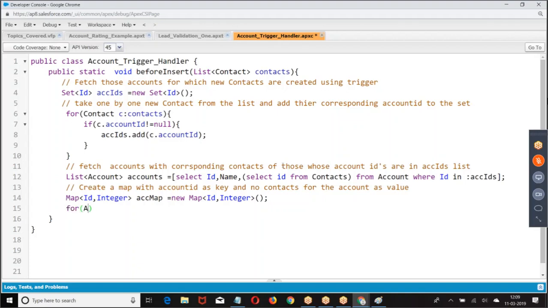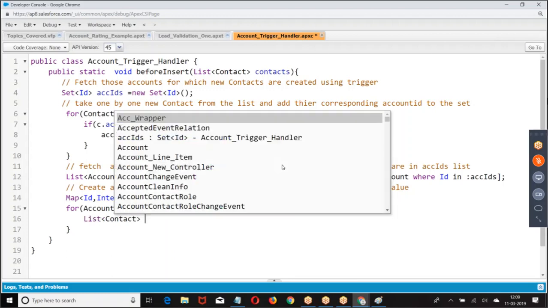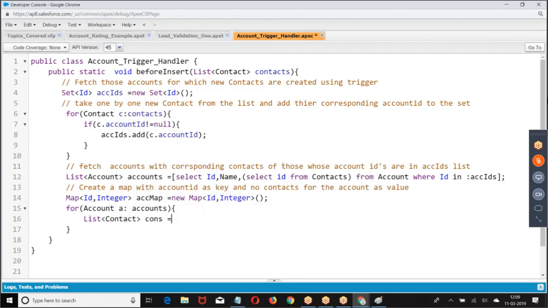Then how do you do it? For Account a, list of contact cons equals a.Contacts.